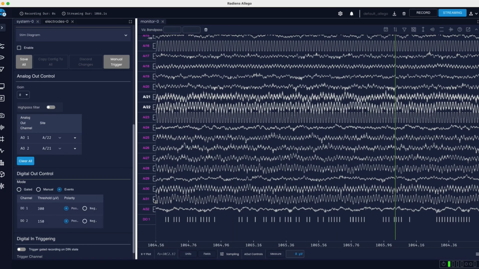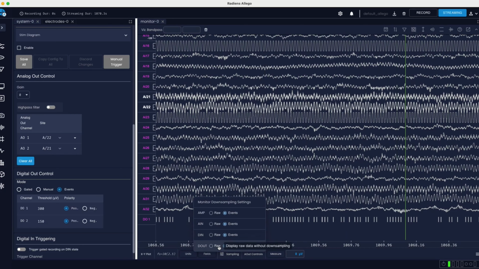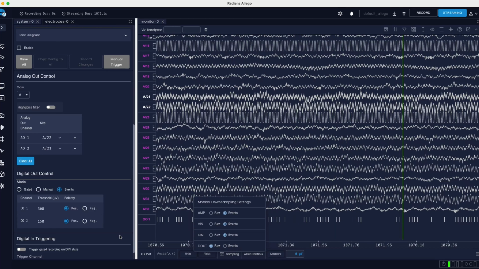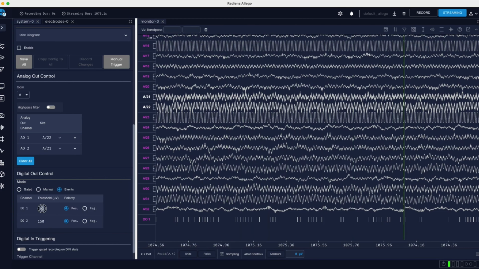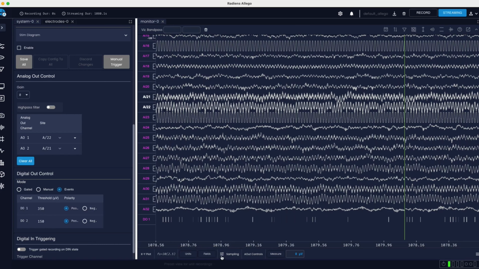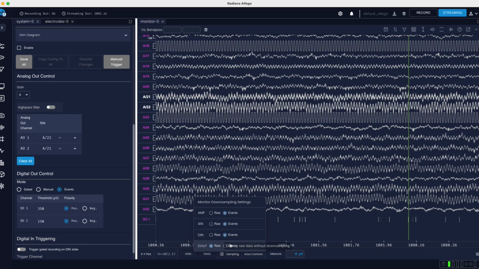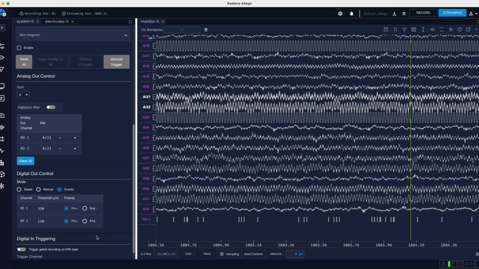Finally, we'll demonstrate the event thresholding capability of the digital out channels. First, I set events mode in the digital out control in the System tab. I also select amplifier channels to map to the analog out channels. With both of these set, the digital out channel will threshold the amp channel mapped to the analog out channel